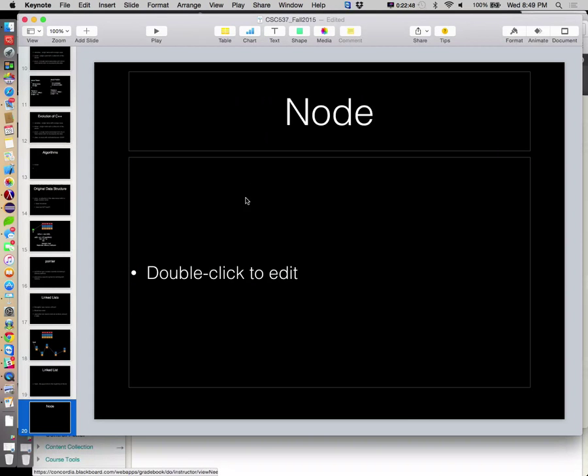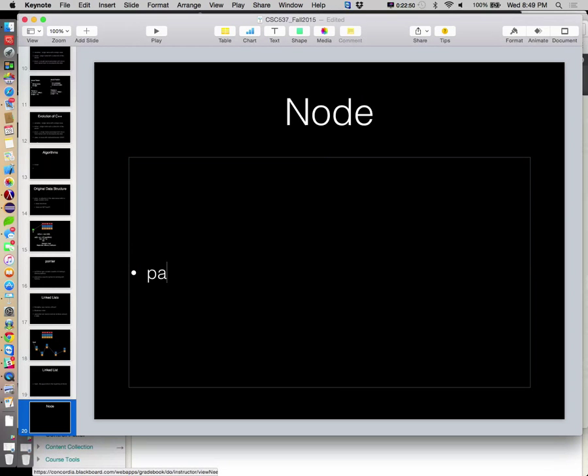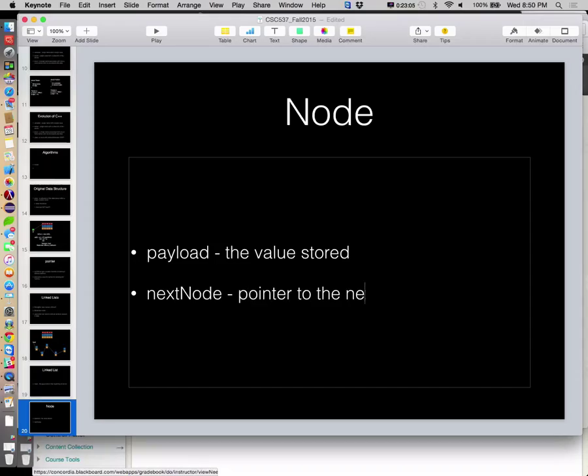Then we have a class called node. What's a node? A node has a payload, which is the value stored. We have a next node, which is a pointer to the next node in the list. Make sense?